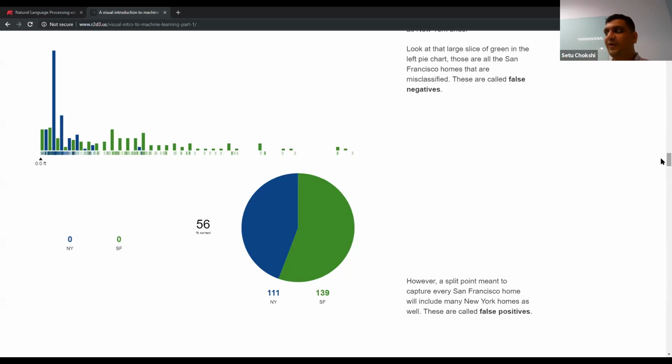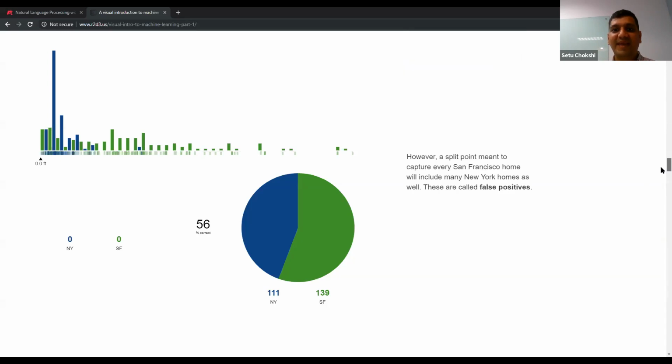So that sets up your baseline, saying that even if I don't do anything and say everything is going to be in San Francisco, with the data set that you have, you'll be 56% right, which is typical of some of the data sets that you are going to see, which are going to be balanced. But I think we can do something better than 63%, where we set the elevation threshold at 240 versus elevation at 0, where we got 56% right.